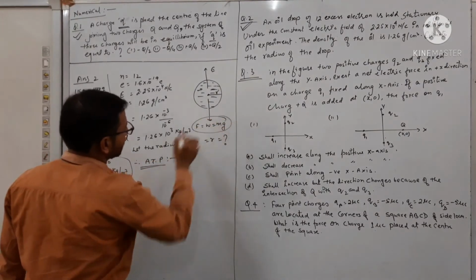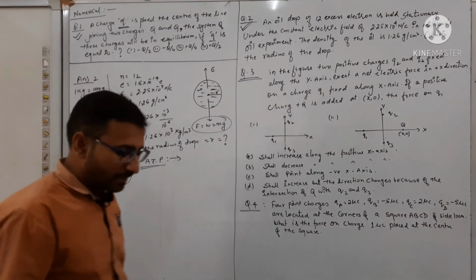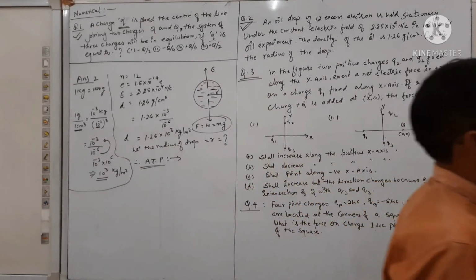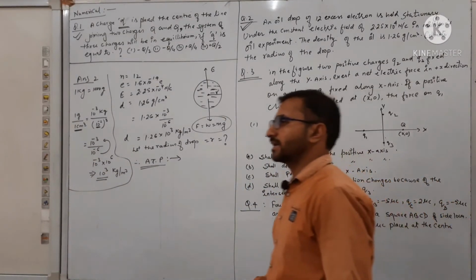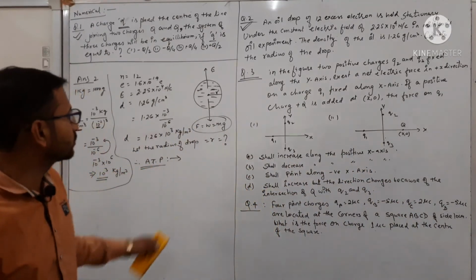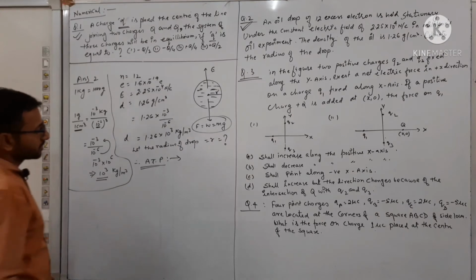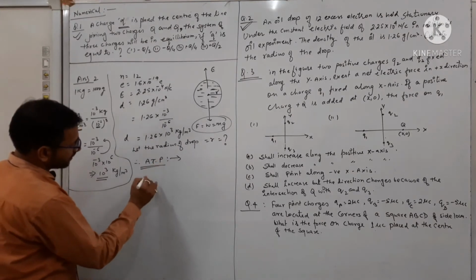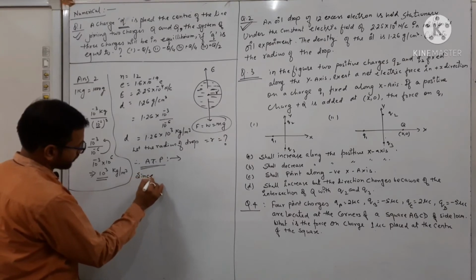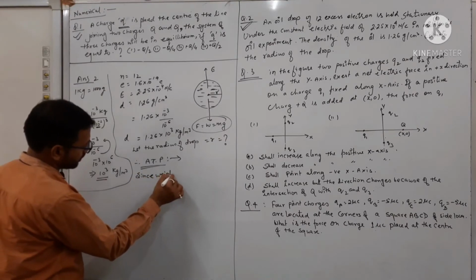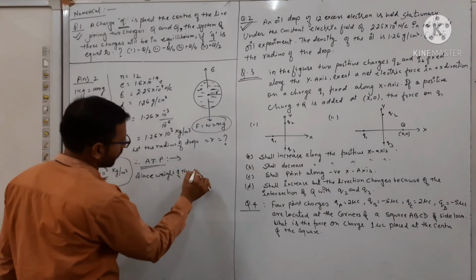The weight of the ball, meaning the force which is acting vertically downward, is balanced by the stationary electric field having the value 2.25 × 10^-4 on this oil drop. So we can say that here, since the weight of the oil drop